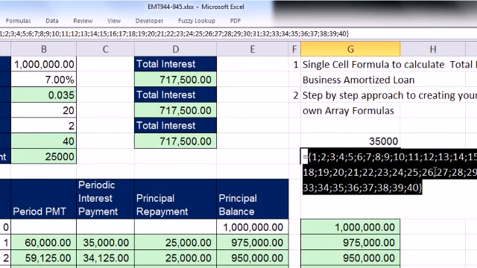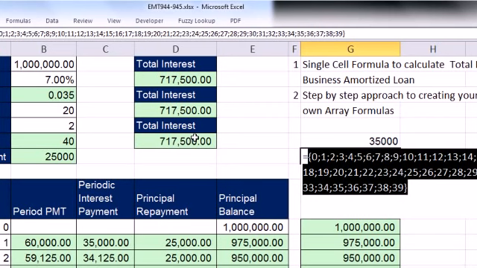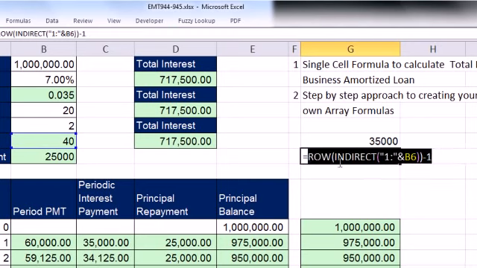But that's not quite what we want. We want 0 to 39. So we have to do an array operation. Minus 1. All right, now that'll work. F9, 0 to 39. And it's dynamic. When I change that to 20, this will be 0 to 19. Control Z. Now we are going to have to put this inside of this formula over here, and that subtraction